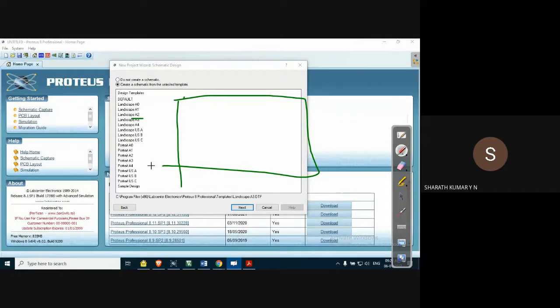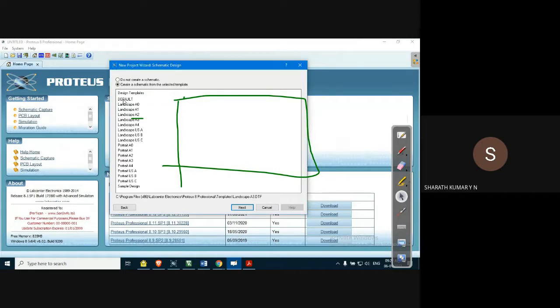By default, we select the default template. Until we have an idea that we require a particular size, we can go for the default. If we are clear with the size, you can go for a particular template. The default is enough for our laboratory purpose.